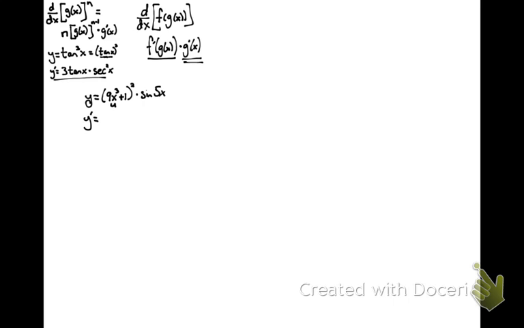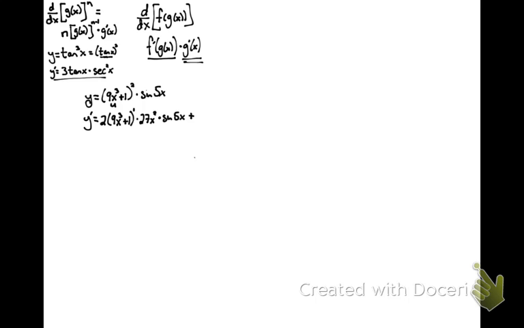So by the chain rule, the derivative of u is 2, dropping the power, times 9x cubed plus 1 to the first, times the derivative of the inside, which would be 27x squared. And by the product rule, this will be times v, so times the sine of 5x